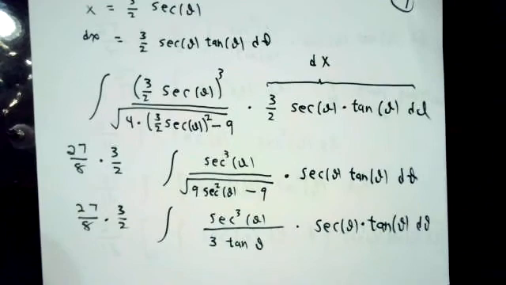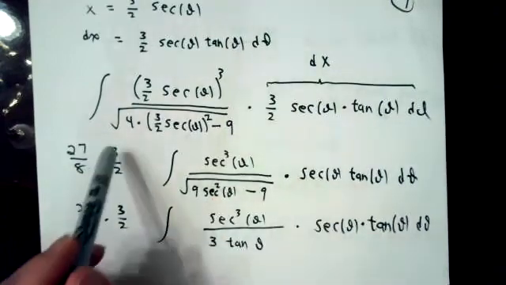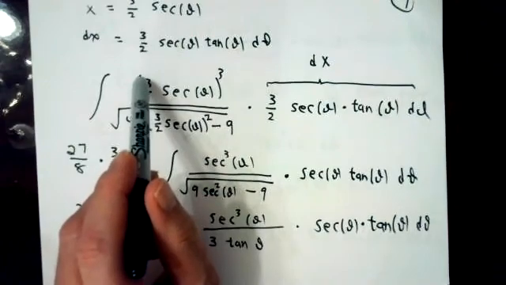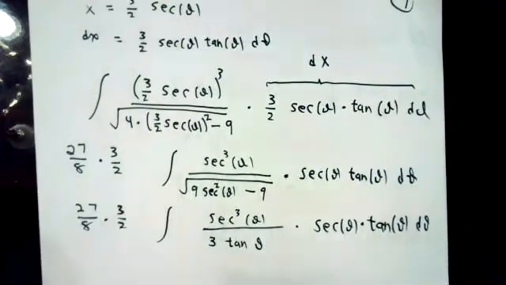There are some factors that I can pull out of this thing. I've got a factor of 3/2, so I'll pull it out in front. I'm also going to have a factor of 3 cubed over 2 cubed, 27 over 8. So I'll bring that out front as well so that I don't have to keep messing with it. I'm just going to leave it like this for the moment in case something else cancels out later. So a constant, 27/8 times 3/2